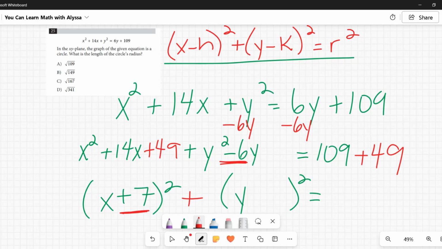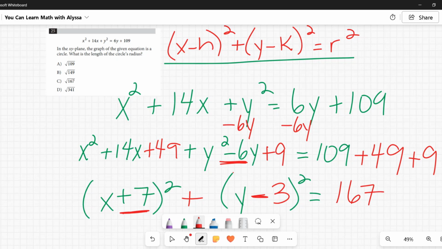I divide it by 2. Negative 6 divided by 2 is negative 3. Then I square it. Negative 3 squared is positive 9. And again, I have to add that 9 to both sides. So now y squared minus 6y plus 9 is equal to y minus 3 squared. That is true. On the right, I need to combine these things. 109 plus 49 plus 9 is